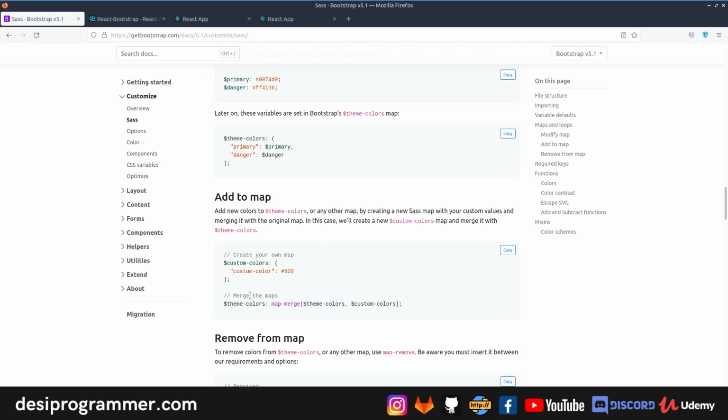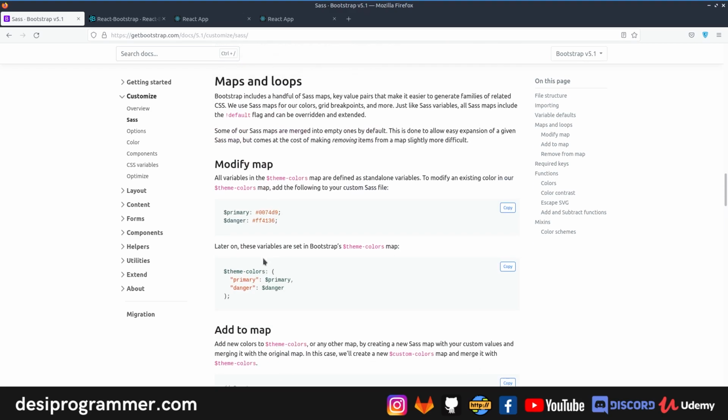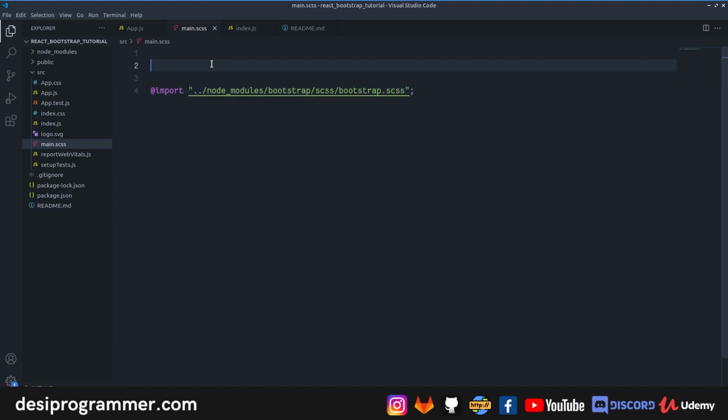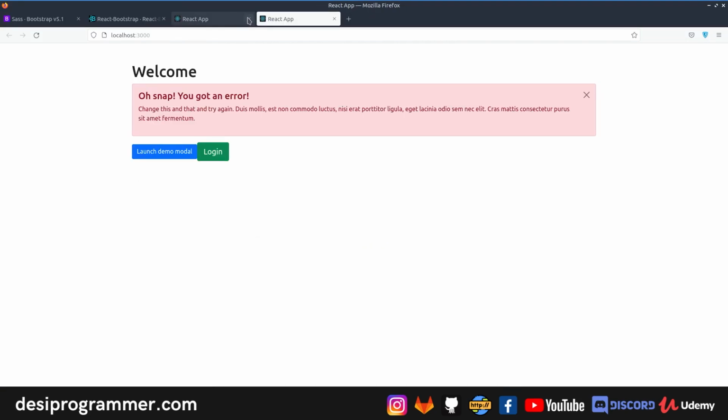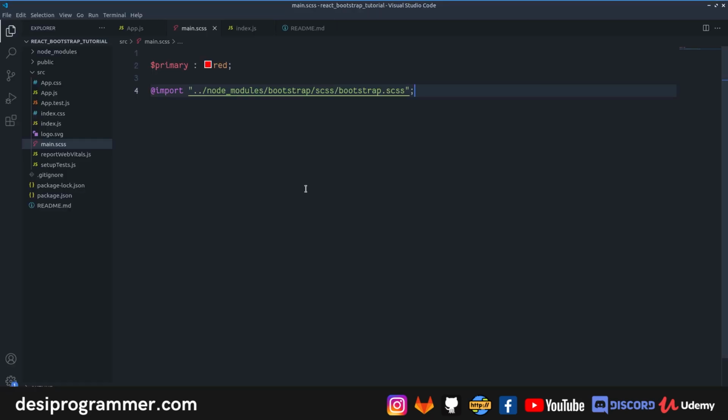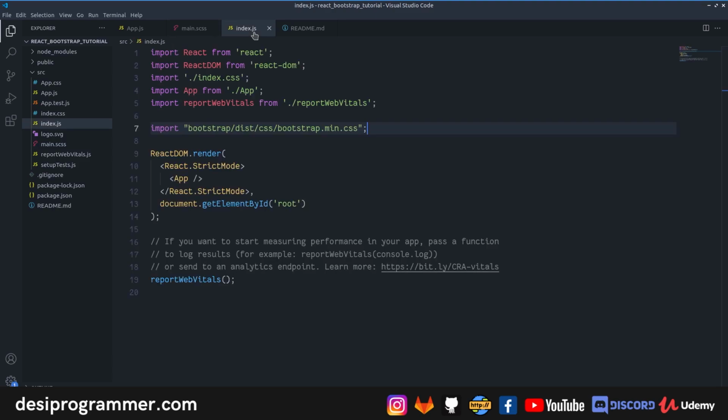Like you can simply customize your own custom color. You can actually change this. So for example, I want my primary color, $primary, my primary color to be, let's say, red. Let's save this, and now we have a color of red. Let's go back here, let's refresh, and okay, we are not going to see anything, right? The reason why I'm not seeing anything is because I have to again go back to my index.js, and I will make sure that I'm not exporting this particular bootstrap main.css, right?